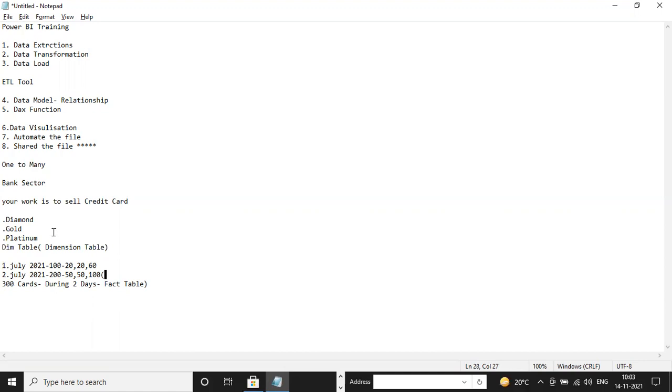So if you connect the dimension table to the fact table, the relationship is called one to many. If you connect dimension to fact, it is called a one to many relationship.